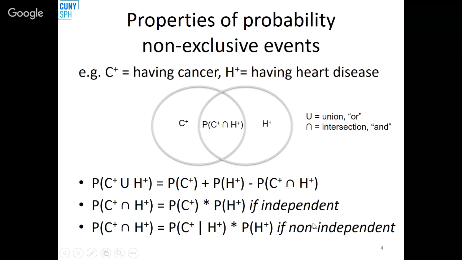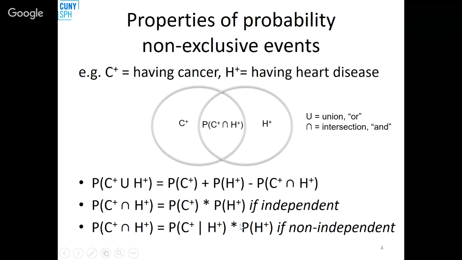If they are not independent, we can use this so-called conditional probability notation. That is, if your probability of having cancer is different depending on whether you have heart disease or not, like a pre-existing condition, or it could also be conditional on having a family history, conditional on having some risk factors,